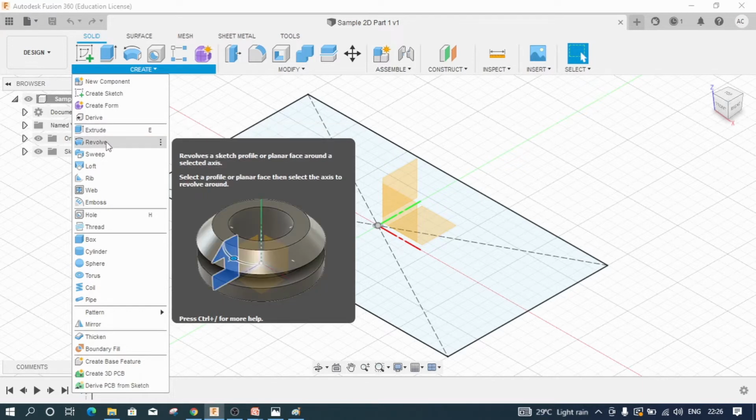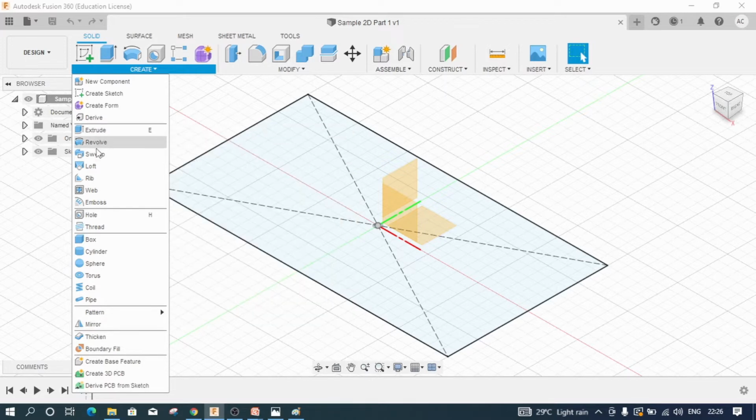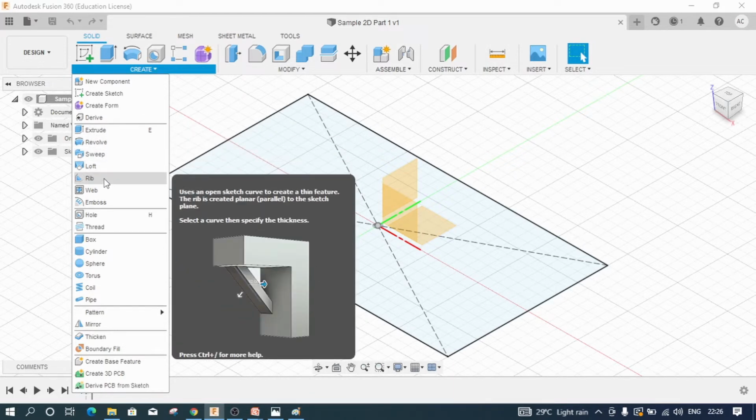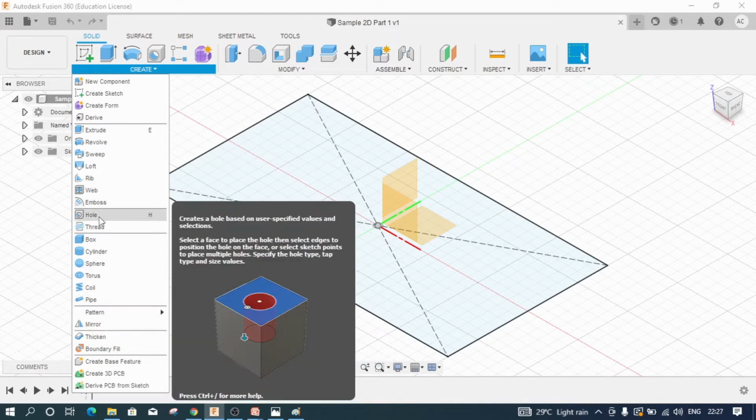Similarly, if you hover over your mouse below, which is known as revolve, it revolves the particular sketch around a particular axis to produce circular objects. And the third option is sweep, which means if you draw a particular sketch and if you draw another sketch which is of a particular shape, then the first sketch will be swept along the second sketch. So that is nothing but your sweep. So these three options are most widely used when it comes to designing 3D parts, and all the other options are used as per the requirement.